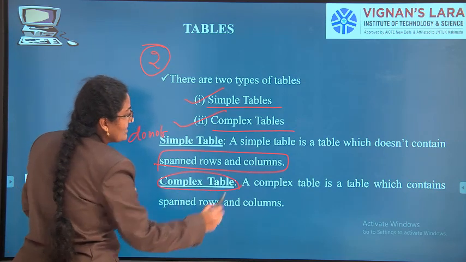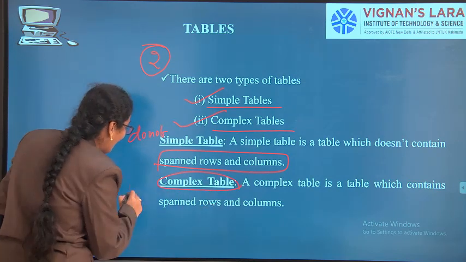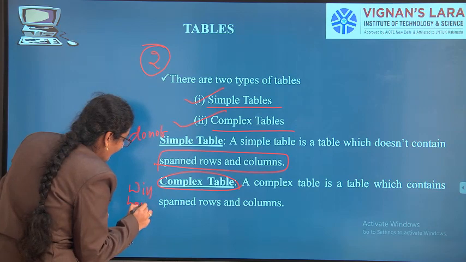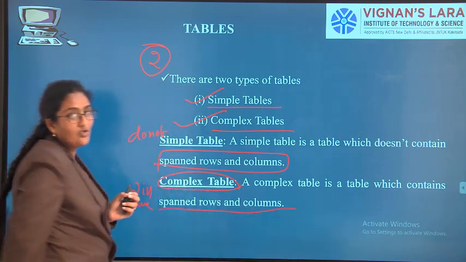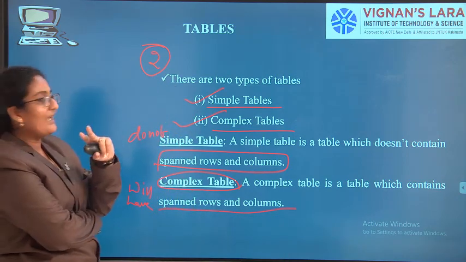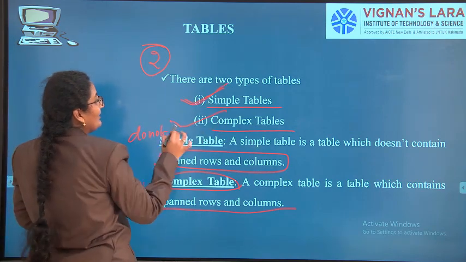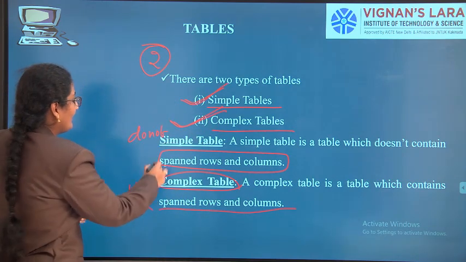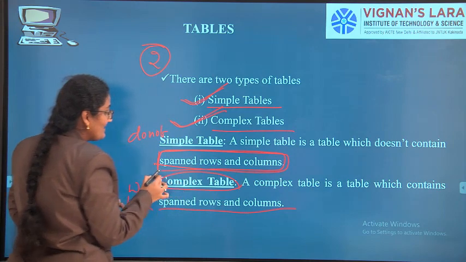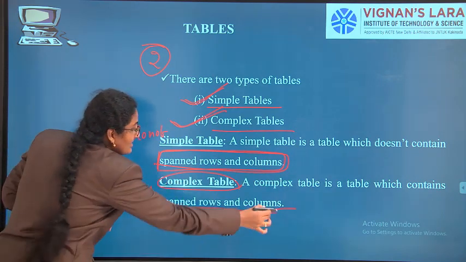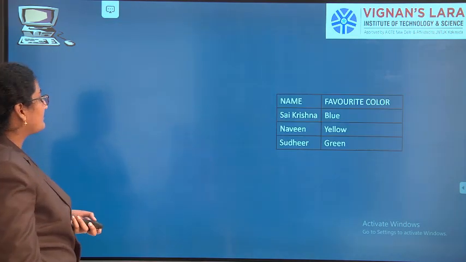Then what is a complex table? Complex table will have spanned rows and columns.